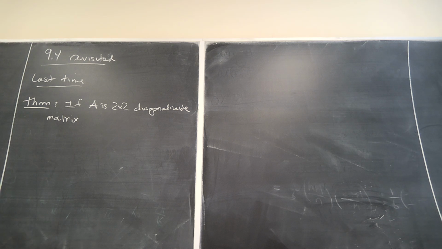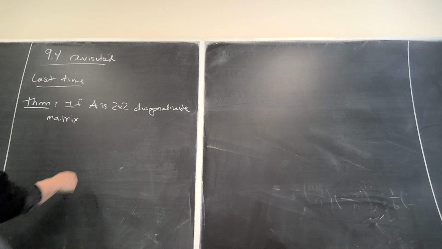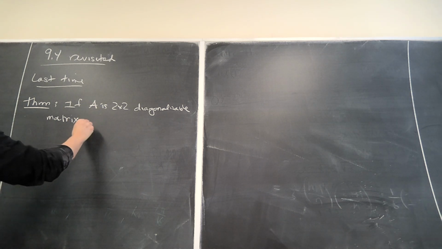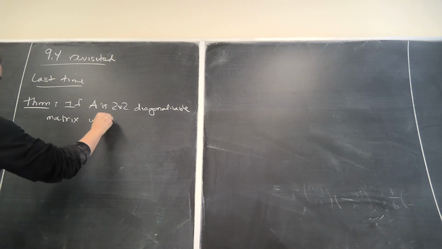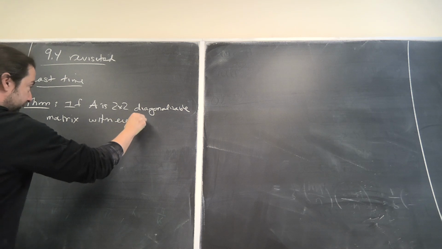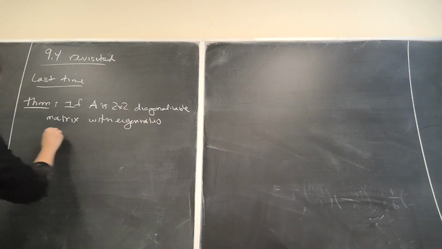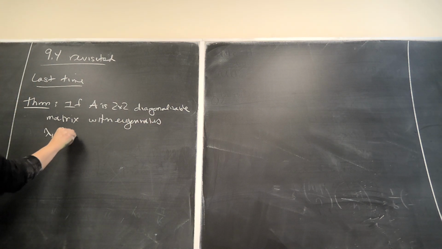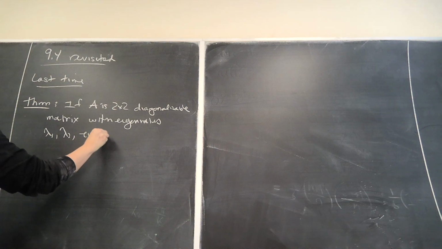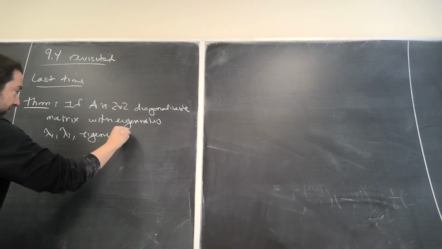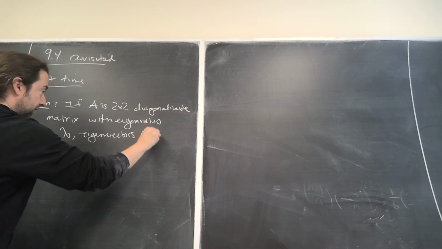There's no way we have time to talk about n by n, the general case here. So if A is a 2 by 2 diagonalizable matrix with, say, eigenvalues lambda 1 and lambda 2, and eigenvectors v1 and v2,